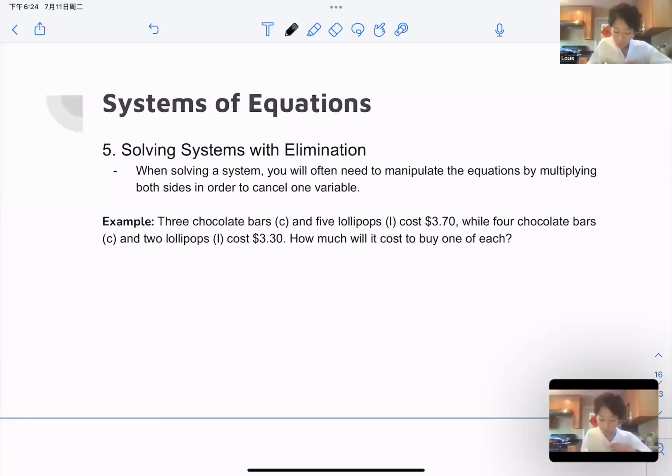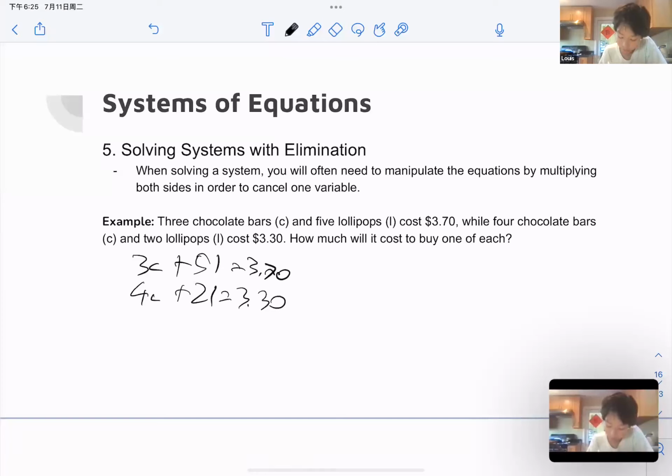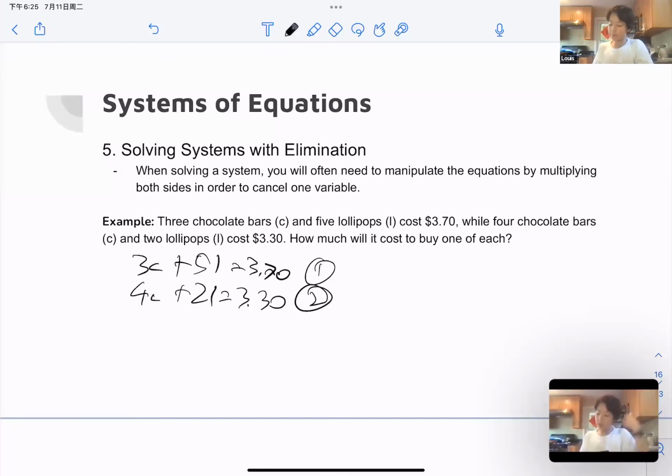So we are given that 3C plus 5L equals $3.70. And 4C plus 2L equals $3.30. So for this problem, if we multiply the first equation by 4, suppose this is number 1 and this is number 2. If we multiply equation number 1 by 4,